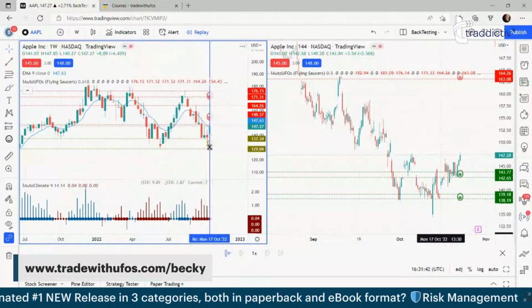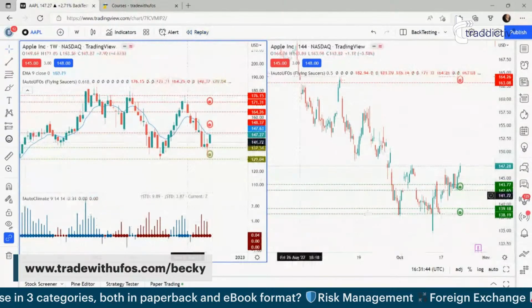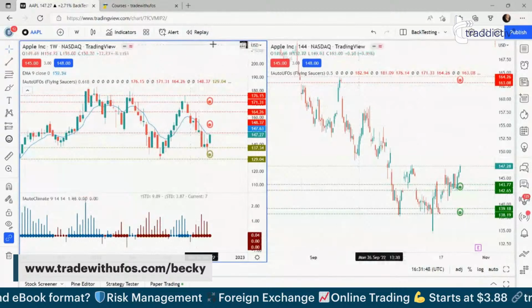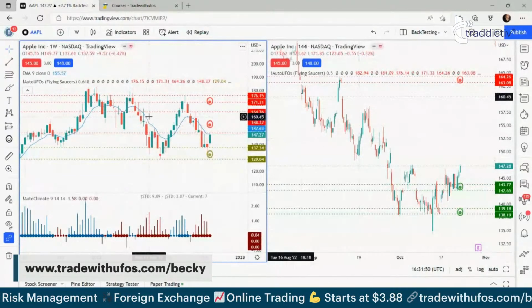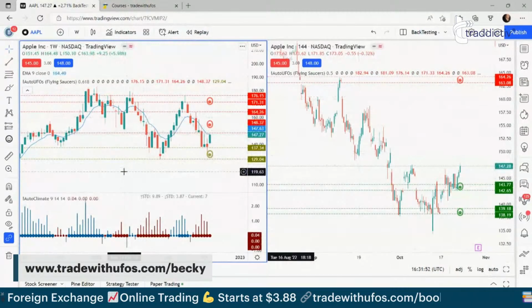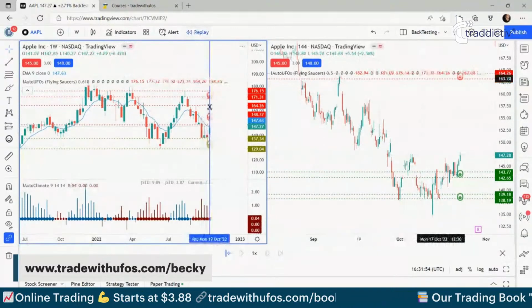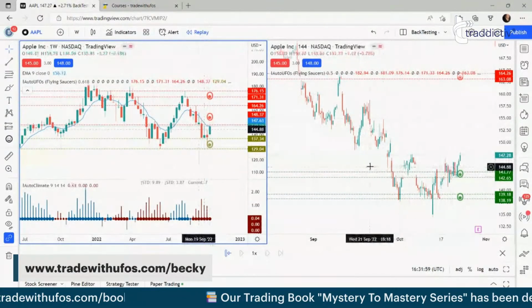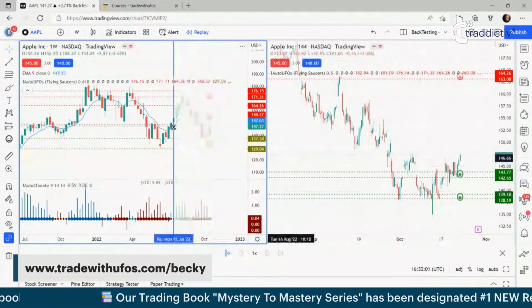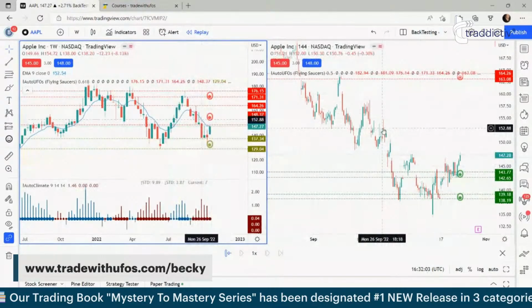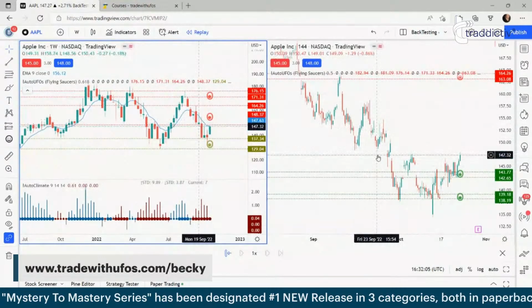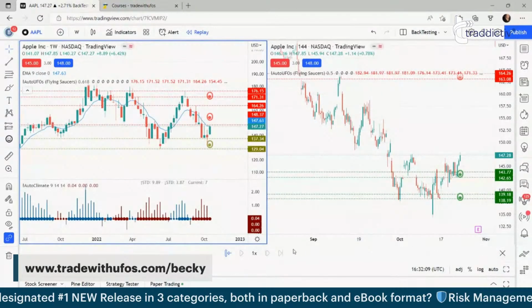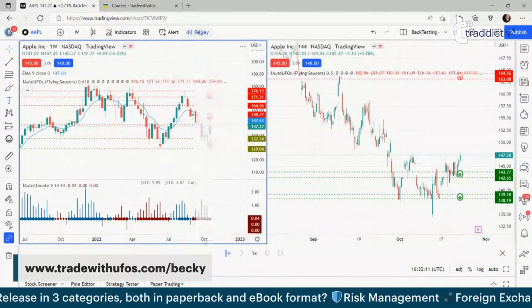So if I get out of this now and show you, if I'm on this chart, and you can tell that I'm on this chart because I've got this light blue line around it. If I'm on this chart and I click replay, but I want to do it on this one, the line won't be there. Because as far as TradingView is concerned, you want to backtest on this one, not on this one. So if you notice that that happens and it's not on the chart you want, just click the X down here. You've got this little toolbar that appears once you click the replay button.